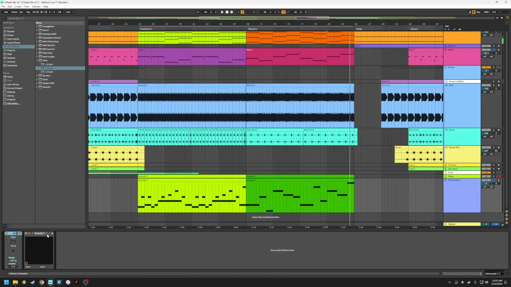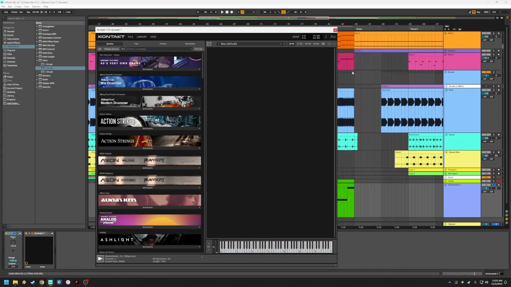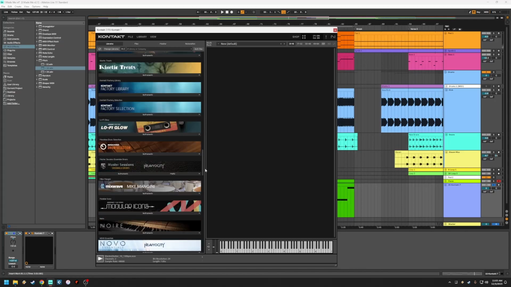It's not the right sound, but it's the right direction. Okay, this is the wrong instrument. This is too metallic. I don't really like the metallic. I want